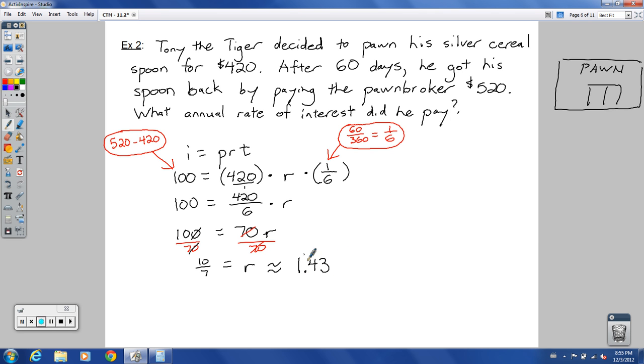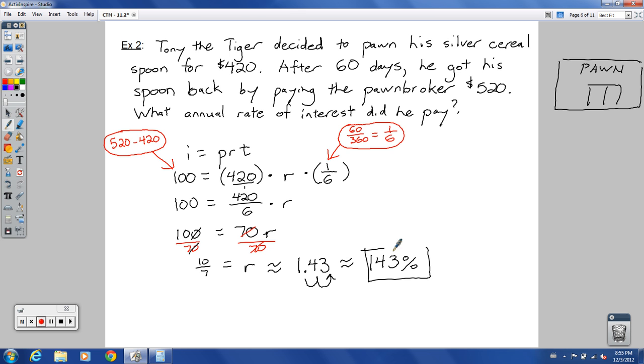Kind of just depends on what they say in the problem. Now this is not the rate of interest. 1.43 is not the rate of interest. You got to move that 2 spots to get the rate of interest. Rate of interest is always going to be in a percent. That is pretty crazy. So they are charging you an annual rate of